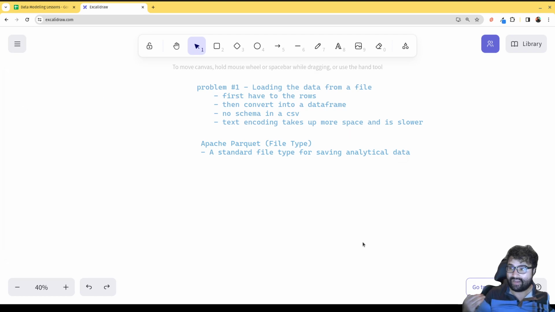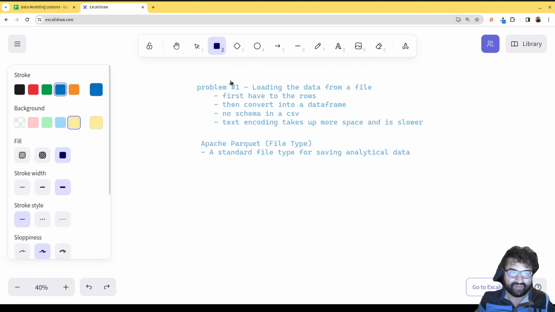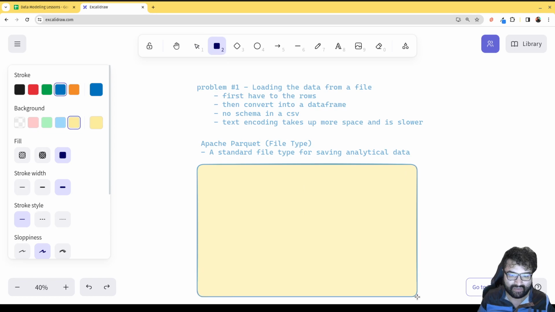So now I could save the data that I need for analytics in a way that when I load it, it's going to load much faster. It's going to know my schema. Just overall be better. So basically the way an Apache Parquet file looks, just to give you an approximation,